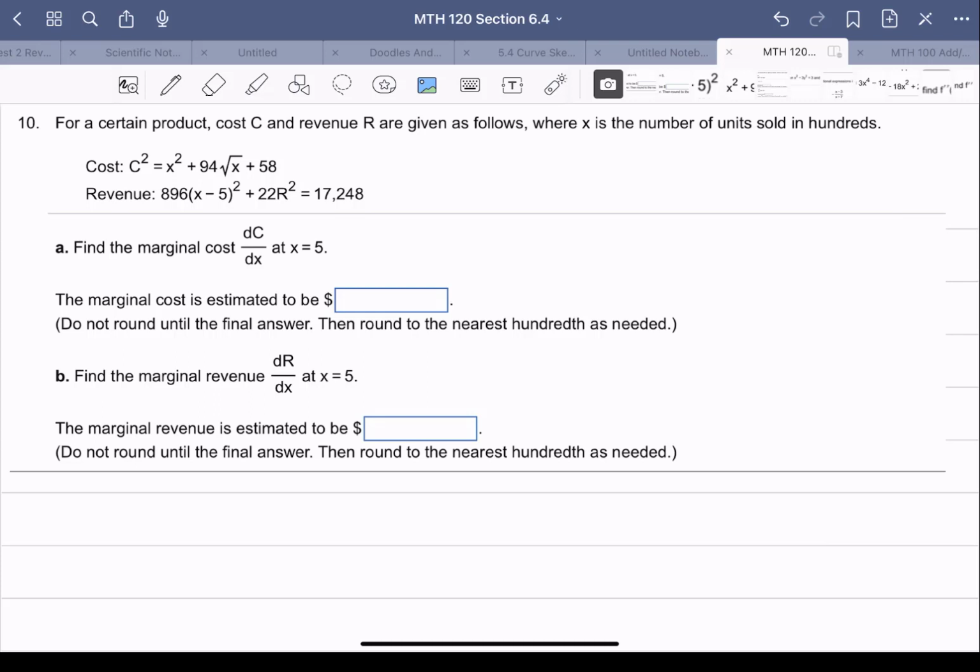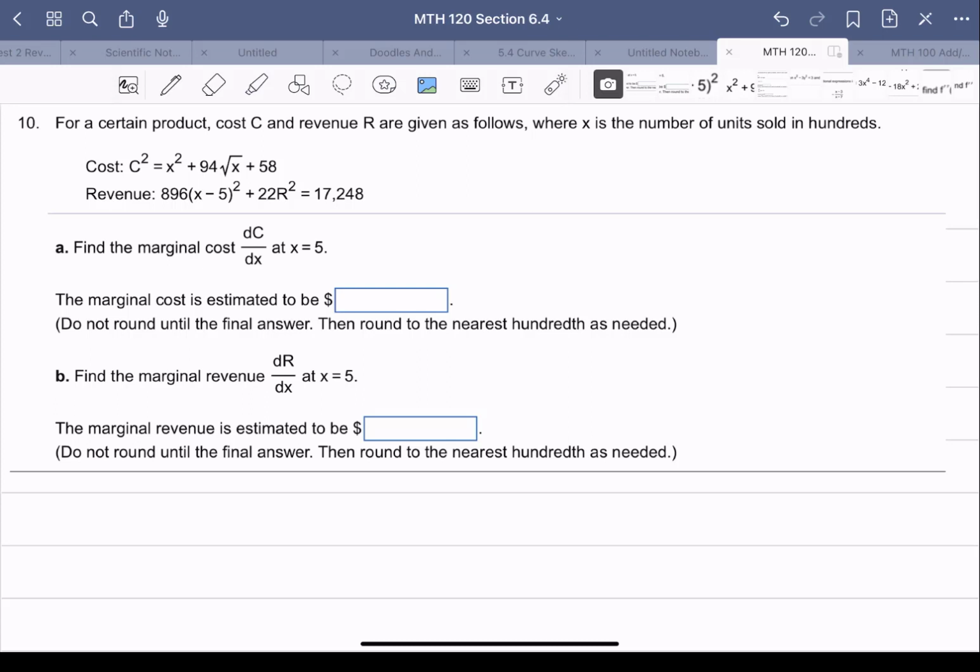Example 10. For a certain product, cost C and revenue R are given as follows, where X is the number of units sold in hundreds. The cost, C squared equals X squared plus 94X plus 58. The revenue, 896 times (X minus 5) quantity squared plus 22R squared equals